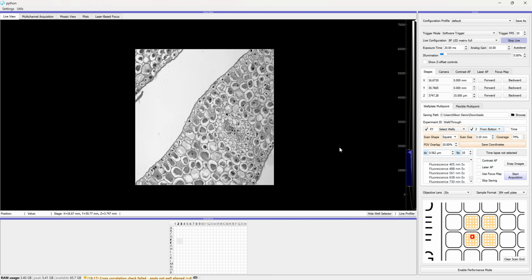So the Z focus parameters that I've chosen here are a number of Z slices of 10, and a distance between those slices of 1/2 micron or so. I'm actually going to increase this to say 60. So now we're going to take a total volume of 30 microns, so 60 slices, 1/2 micron each is 30